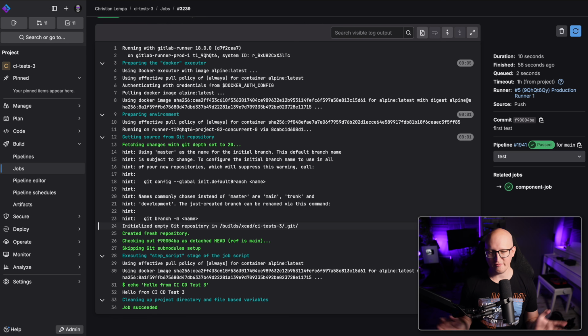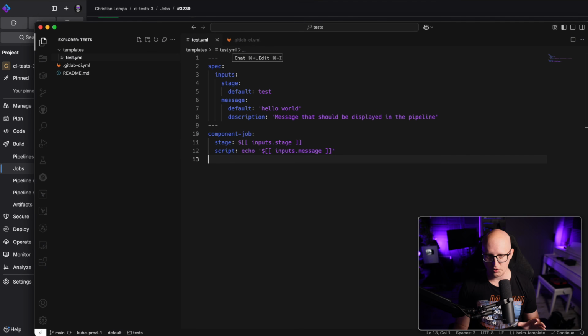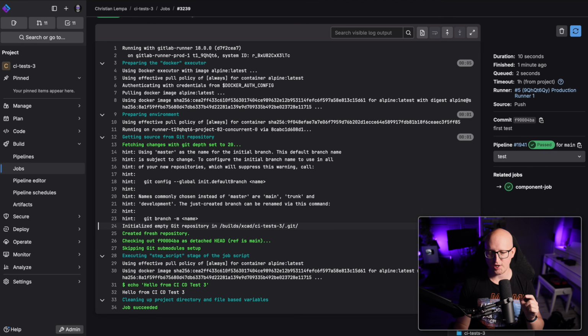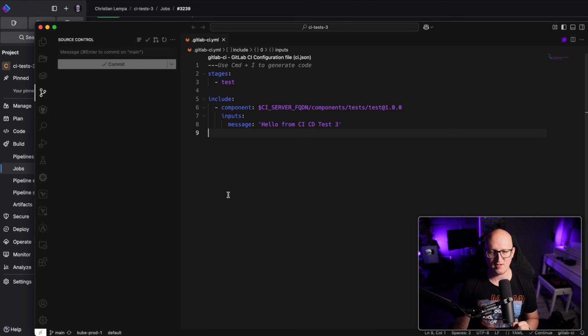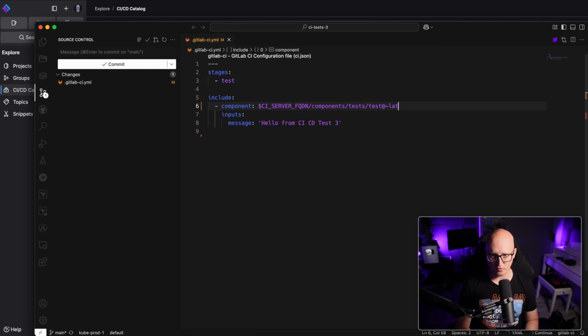Okay, so this is a very simple example. Well, I will show you one more thing that might be pretty important. So first of all, one thing that I'm going to change in the project CI/CD test free is, here you can see the pinned version tag 1.00. If I would update the component and make any changes, this would not be applied in the pipeline right now because it's still using the older version. But you can use the word latest here